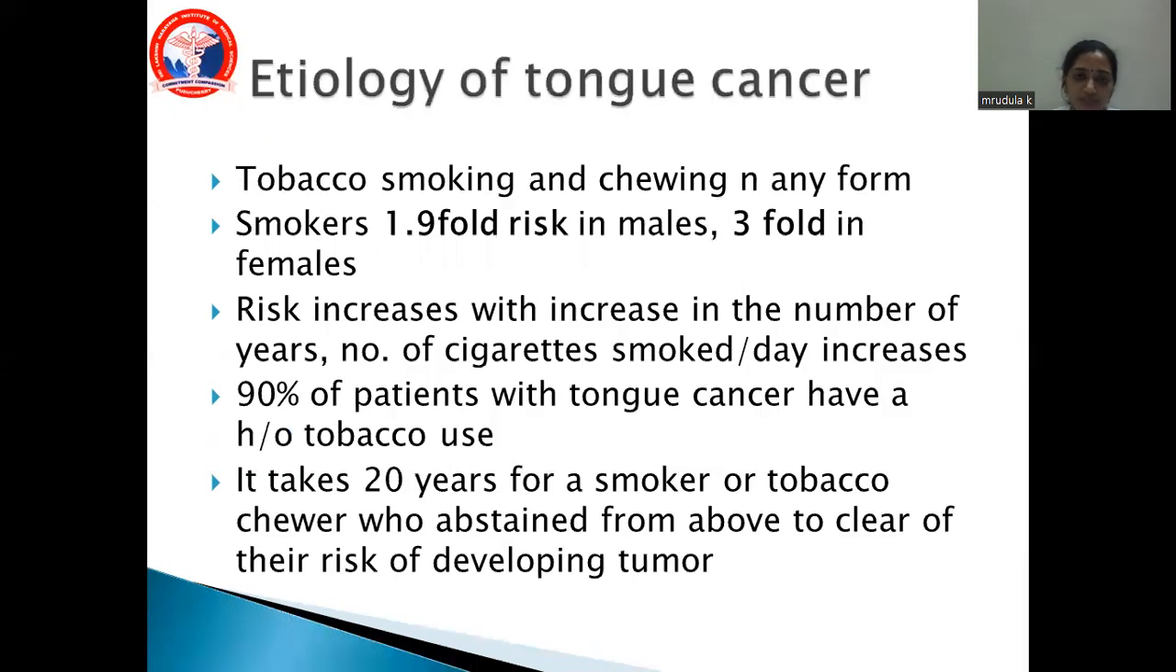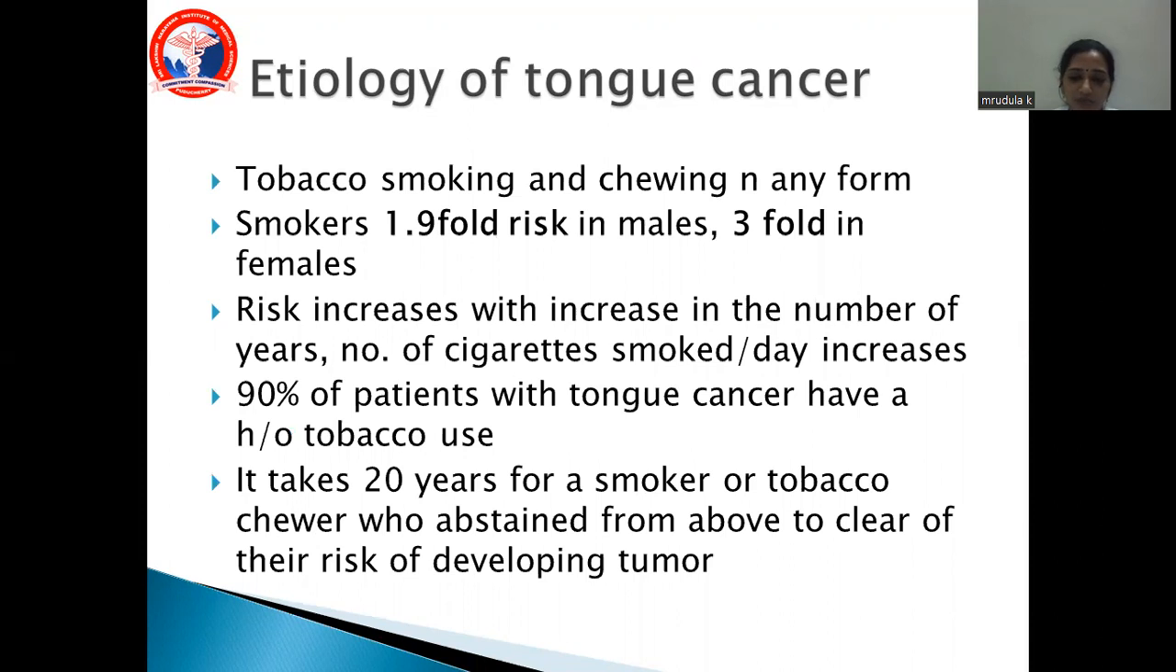So, etiology of tongue cancer: it is mostly tobacco, smoking and chewing in any form. Smokers have a 1.9-fold risk of cancer in males and 3-fold risk in females. The risk increases with the number of years of smoking and number of cigarettes smoked per day. 90% of the patients with tongue cancer have a history of tobacco use. It takes 20 years for a smoker or tobacco chewer who abstains to clear the risk